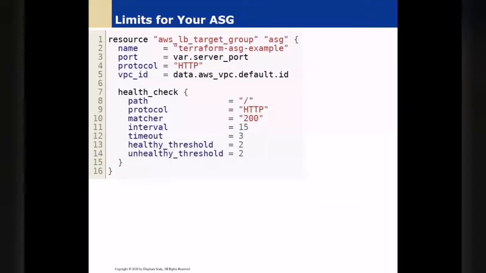And here are the limits. We're saying that is what we expect. We'll be checking the health every 15 seconds. We'll give it a timeout of 3 seconds, no more than that. We'll say that the health threshold is 2 seconds, unless that is really milliseconds. That's something we would need to check. But the end result is that we got a complete system.